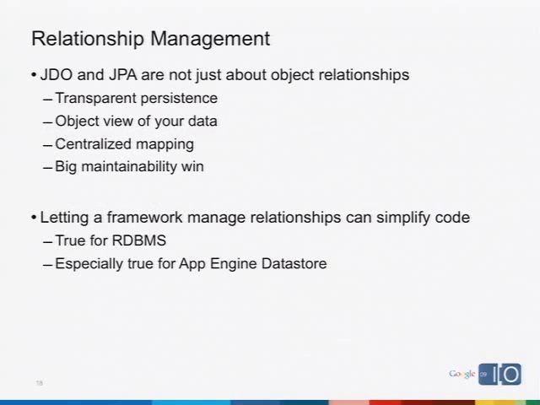Let's talk about relationship management. And this is not a self-help course. We're talking about JDO and JPA here. This is some of the most powerful stuff, and I'm going to use the word ORM. Right? JDO and JPA are essentially standards for ORMs, and the R in ORM stands for relational. And that's confusing because we're not actually talking about anything relational here, but it's a common term. So JDO and JPA are standards for ORM.